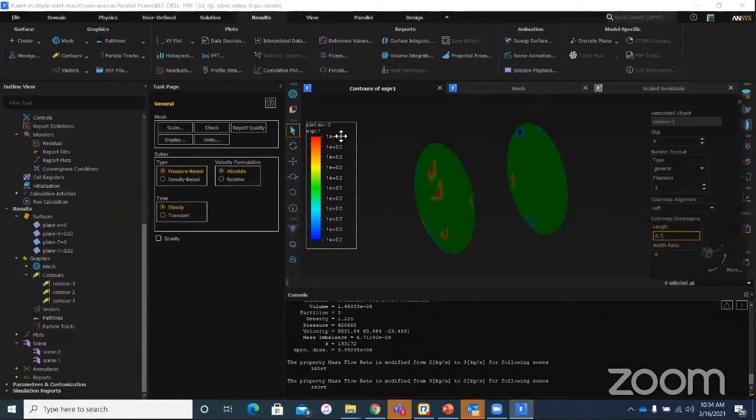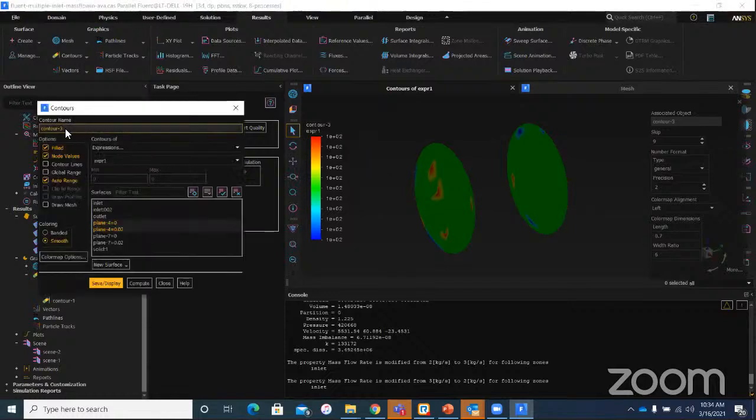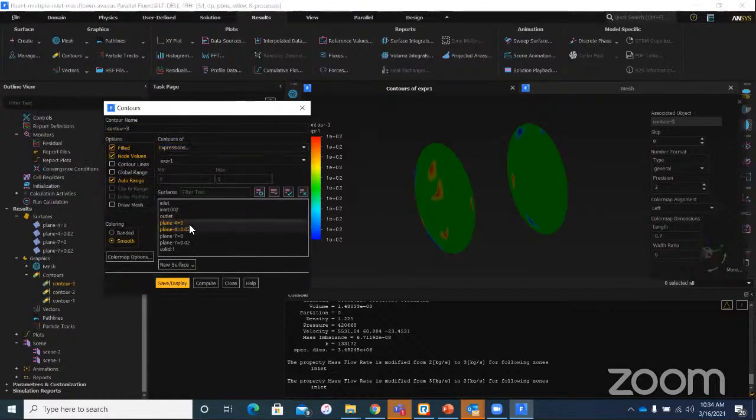So it doesn't get carried over to all the graphics that you generate from here on in your simulation, right? So this new contour has been generated,